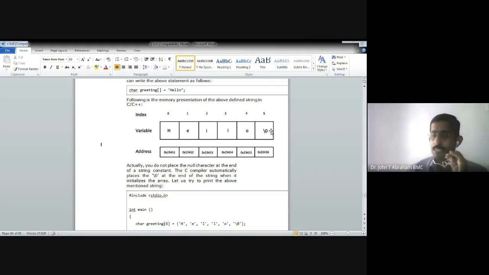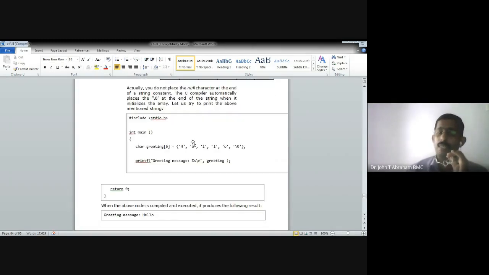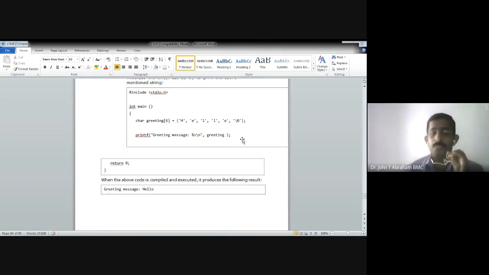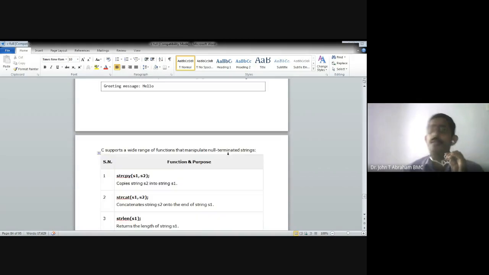See, \0. Each and every memory location will have its own address also. That address will be represented here. So when we write this inside the program, we have to write it like this. That means the last character of the string is the null character.